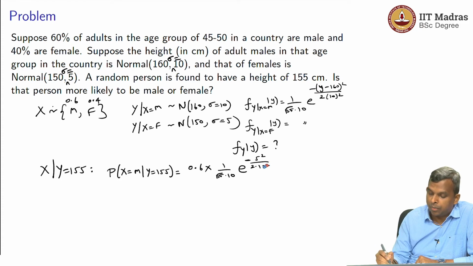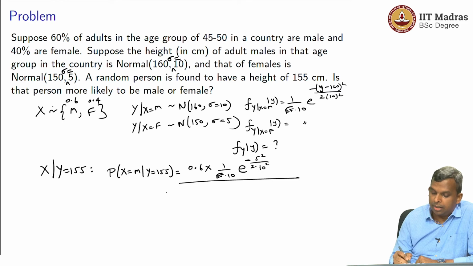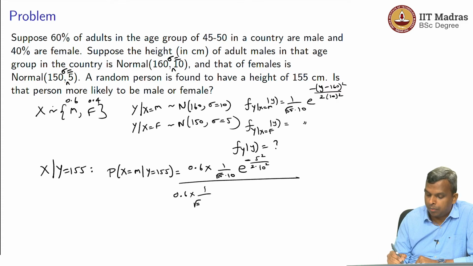That's the formula here. Divided by F of Y evaluated at 155, which is 0.6 times the same thing, 1 by root 2 pi 10, e power minus 5 squared by 2 into 10 squared, plus 0.4 times 1 by root 2 pi